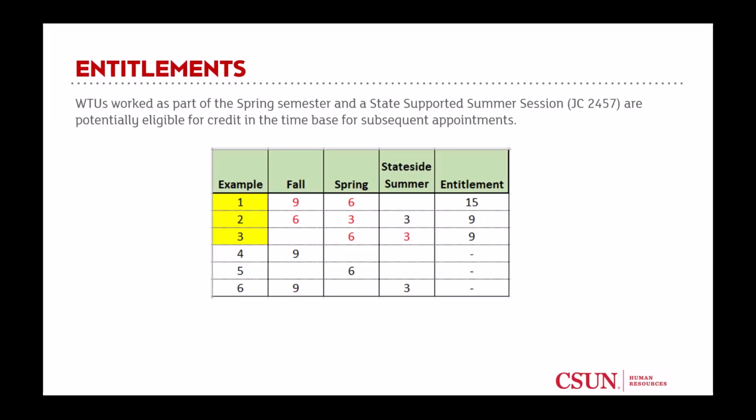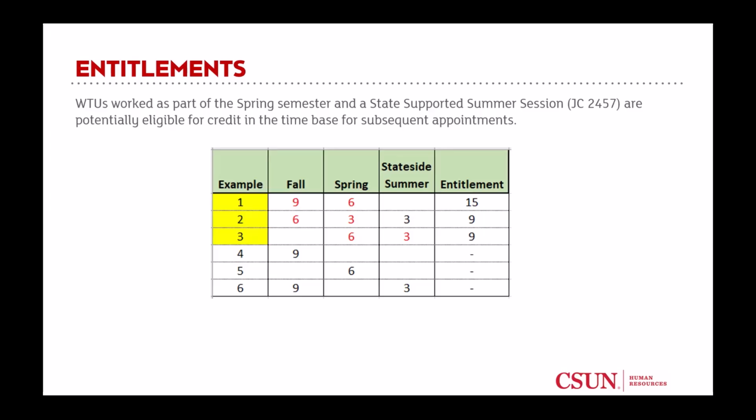Example 4, 5, and 6, there is, let's say, a gap, right? They taught fall, they didn't teach spring, stateside summer. This person is going to remain basically an S1, right? If you have a Y3, it stays a Y3, a Y1 is basically going to be a Y1. In example 5, it's just the opposite of fall. They just taught one semester, so typically they're just going to remain in an S1